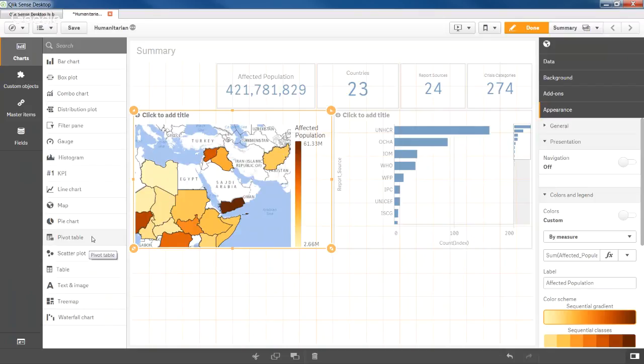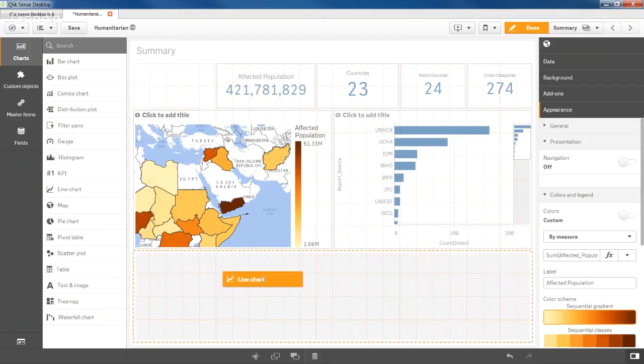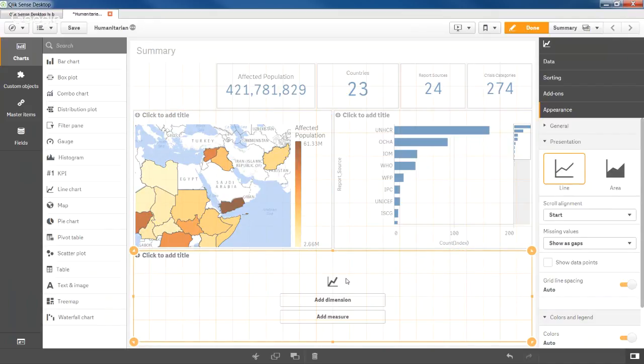Remember when it asks you for dimensions, what dimension would you like to give it? First of all, what is the measure? What are we going to aggregate? The sum of the population, right? And you want to do it over period. Yes, we'll choose months. So if you drag and drop the line chart, you have a dimension and you have a measure. For the dimension,